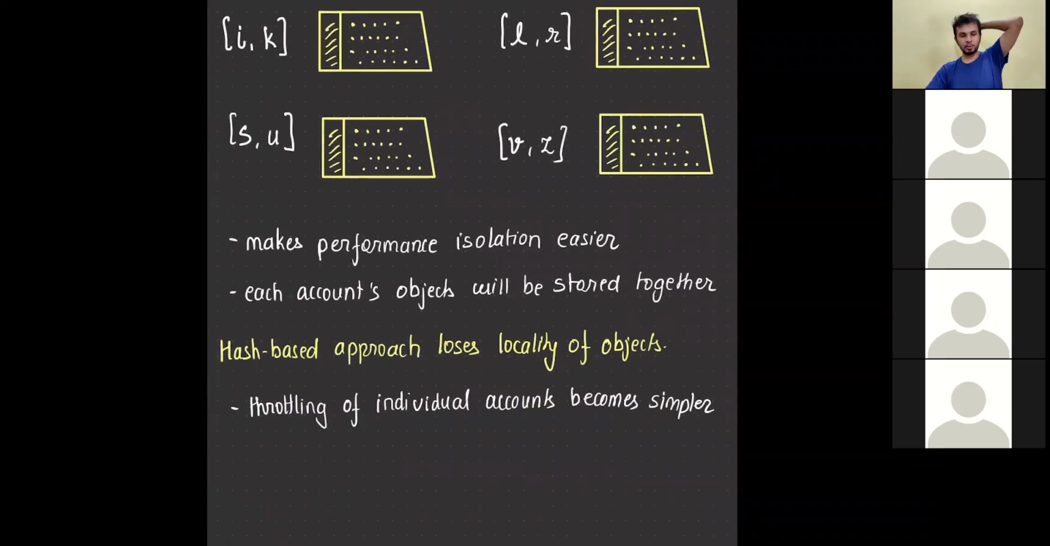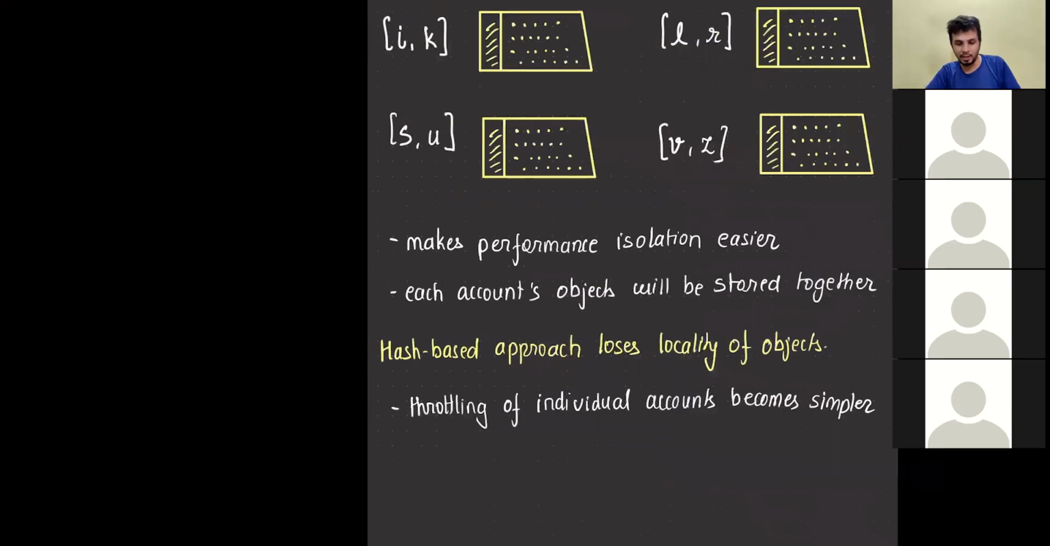So hash-based approaches typically lose on the locality of objects, right? This is exactly what we saw, because it can hash at any location. It is random with respect to the math function. Although it is deterministic, you won't know where it would fit into the ring, right? So that is where, to gain predictability, to handle throttling, because now what would happen is,